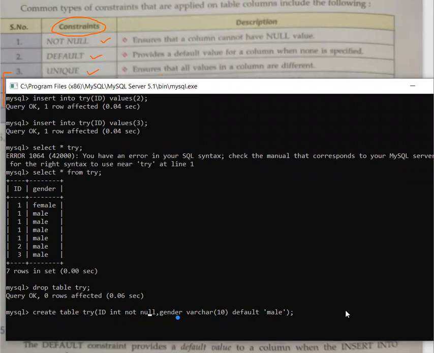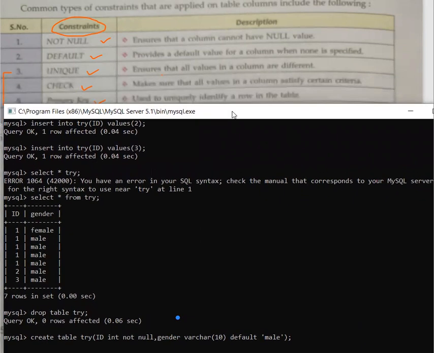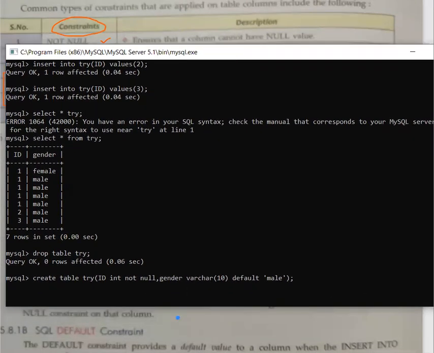Now create table try. Again, we are making the same table and we are going to check the next thing, that is check. Now how to use check. For example, I want to insert marks also. So here I write comma marks, again integer type. But remember, I am repeating this again, here it will not work, but you will not get an error either.